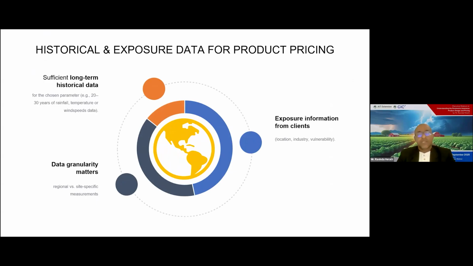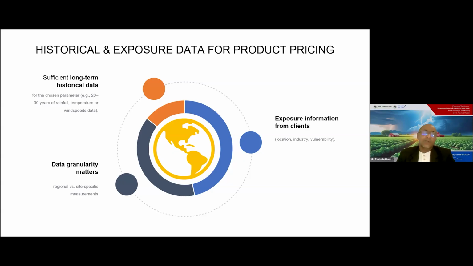We need sufficient long-term historical data. At least we need 20 to 30 years of historical data from any data source, and reliability and continuation are most important in the data source. Maybe some data sources don't provide such historical data, or it is not guaranteed for future real-time data. Before developing, we need to confirm that we are taking the correct source of data, for real-time data and also reliable historical data, right?